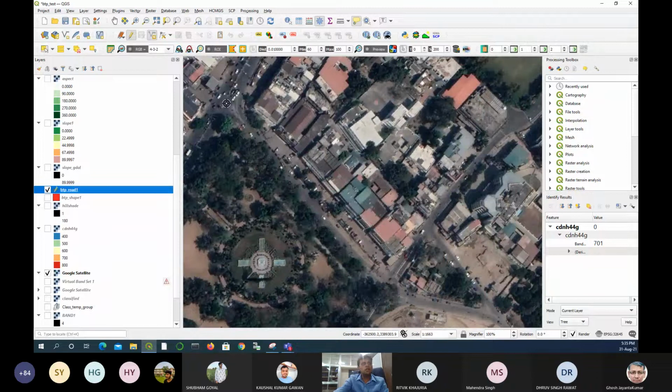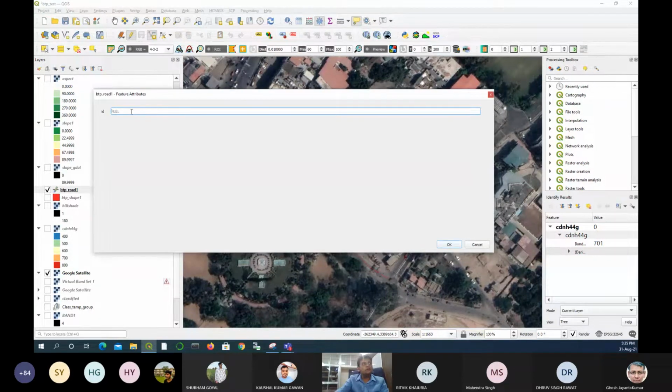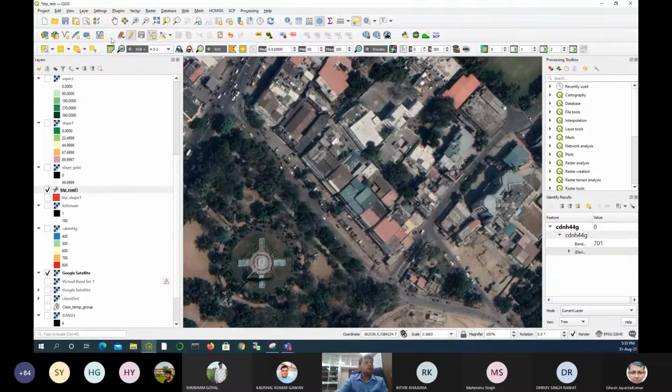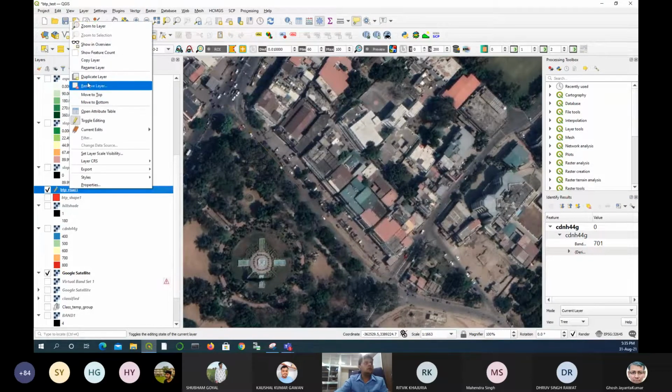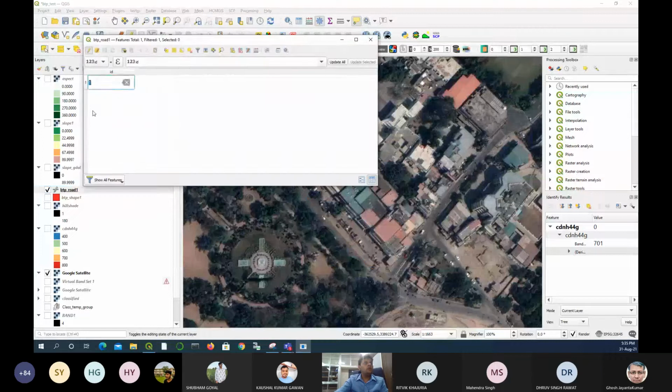So I just left click, go ahead, click, click, click, and here you can add. This is ID 1. Save. You can open the attribute table.